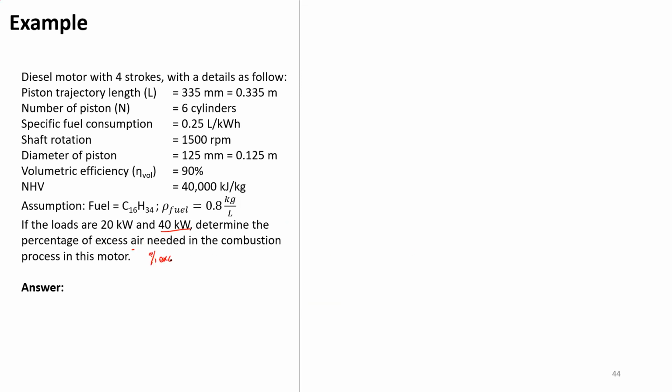The percentage of the excess air is equal to the flow of the air, minus the stoichiometric flow of the air, divided by the stoichiometric. So the stoichiometric in this case is based on the